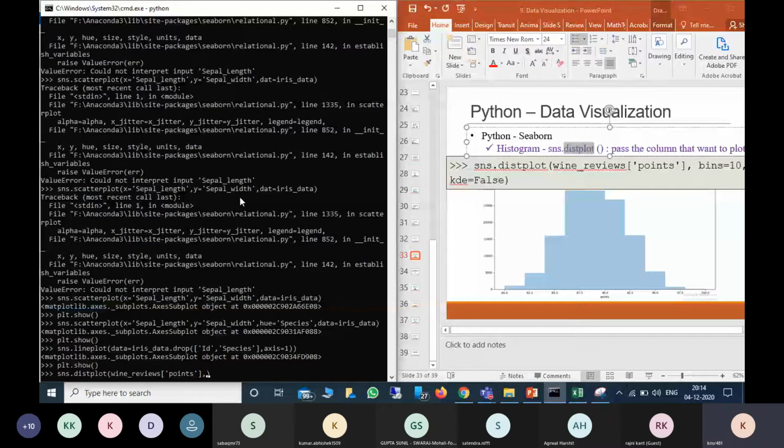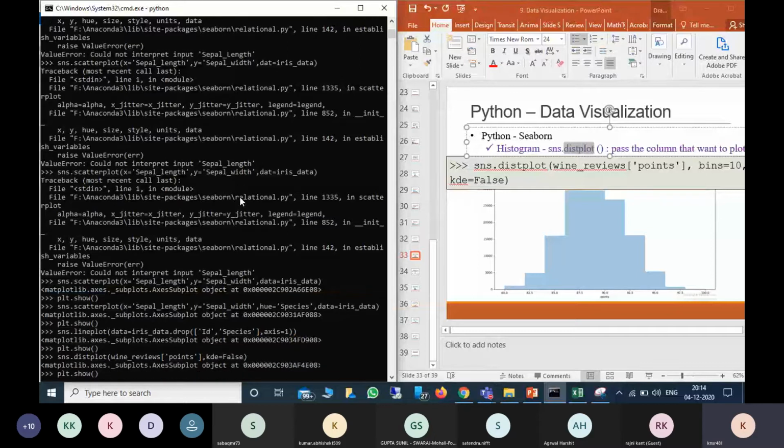Now I am giving KDE. I will tell you what is KDE after this. So now if you see plot dot show.